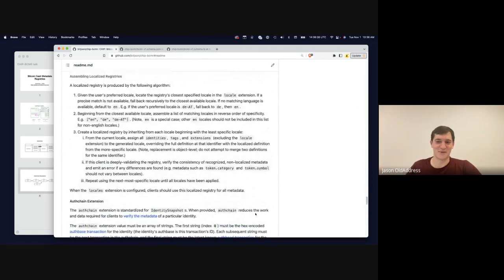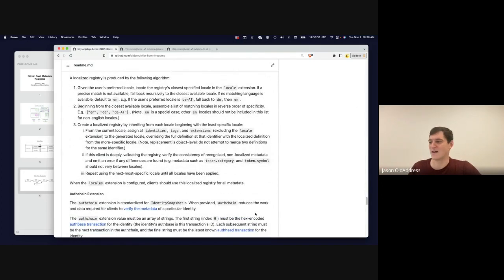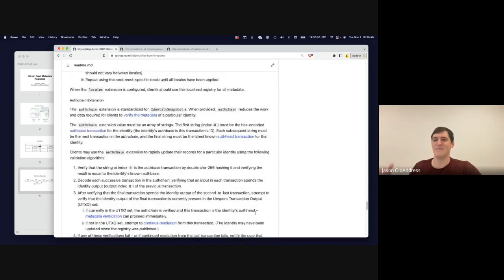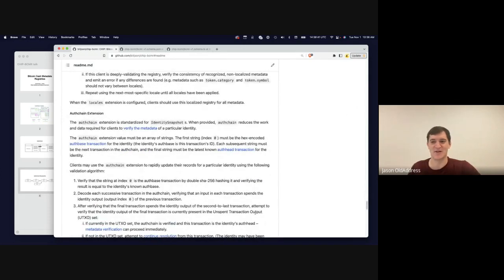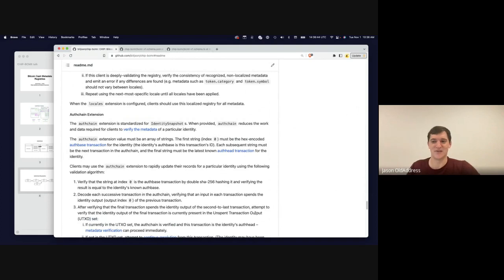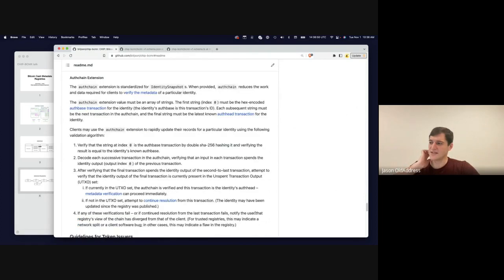So that's an example of an extension where many clients will not support that extension, but the ones that do need localization, now we have a standard way that happens. Then the other extension that's standardized, there's one other. It's the off-chain extension, and this is how we provide